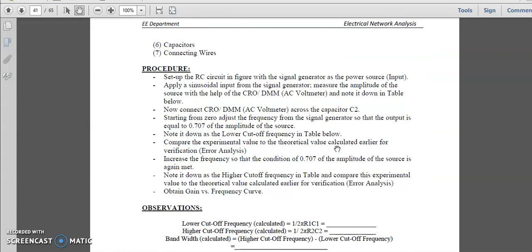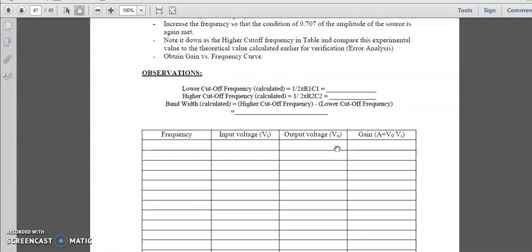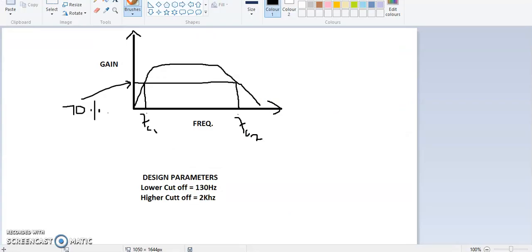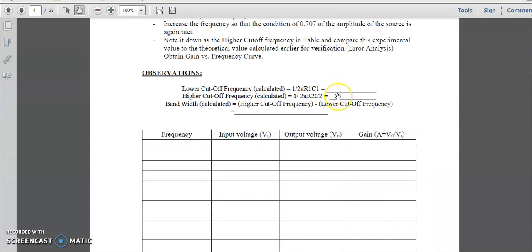What will we be doing? We will be writing down for observations as the lower cutoff frequency will be equal to 130 Hz and higher cutoff frequency will be equal to, sorry, it is 2 kilohertz. Lower cutoff is 130 and higher cutoff is 2 kilohertz.